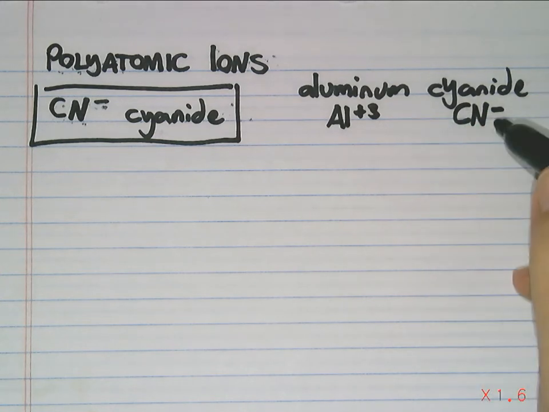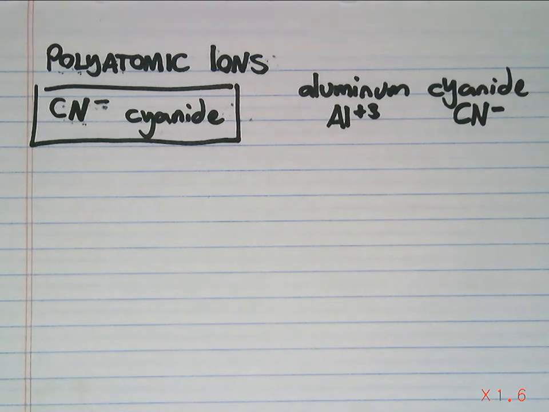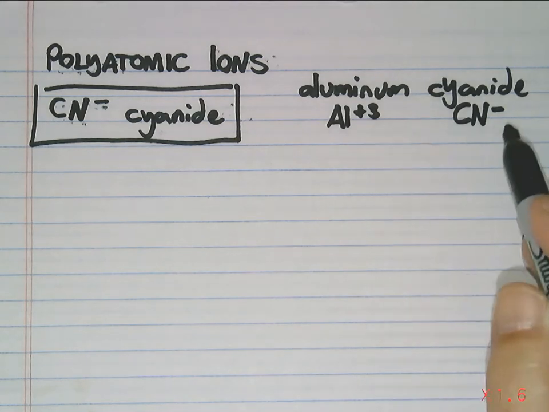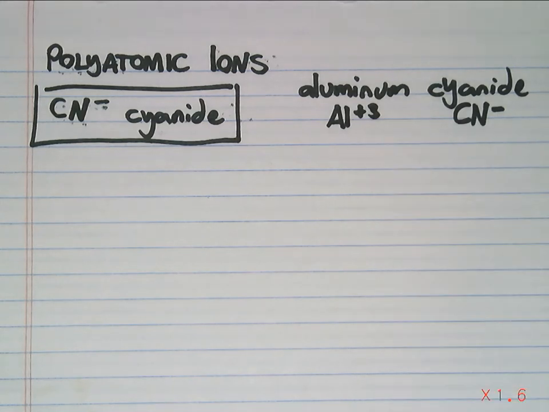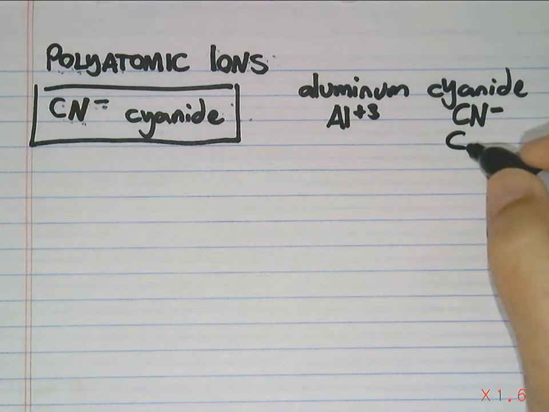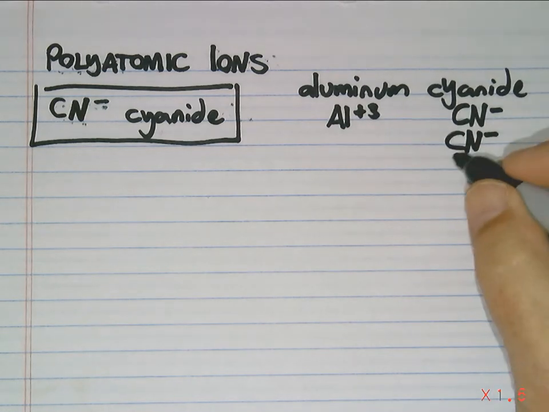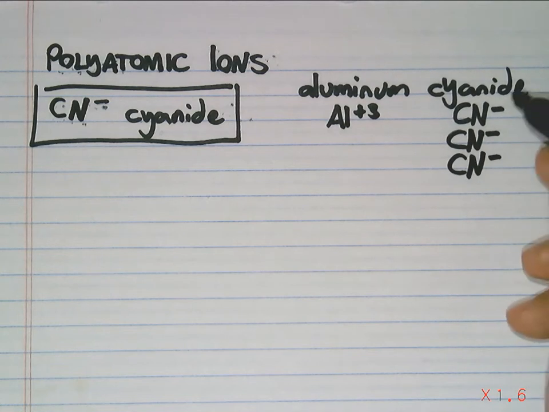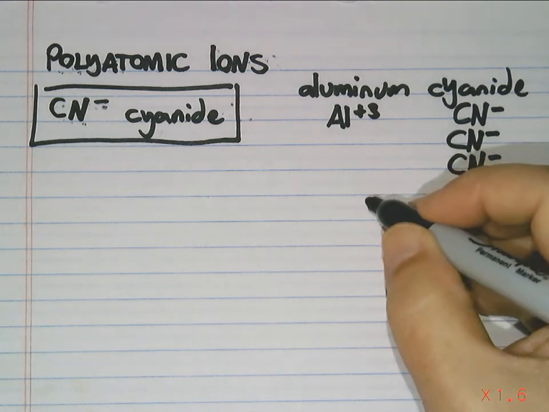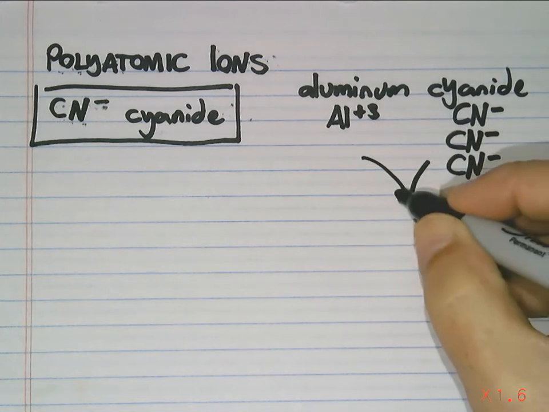Now, how many cyanides with a -1 do you think I'm going to need to put together with the aluminum? 1 is not going to be enough, right? I mean, if you put just 1 there, you'd have a total +2 charge. If I put 2, I'd have a total +1 charge. So I really need to put 3. Now the total charge on these 3 is -3, and that will balance off the total positive charge over here. So my formula is going to be, when I put all those things together,